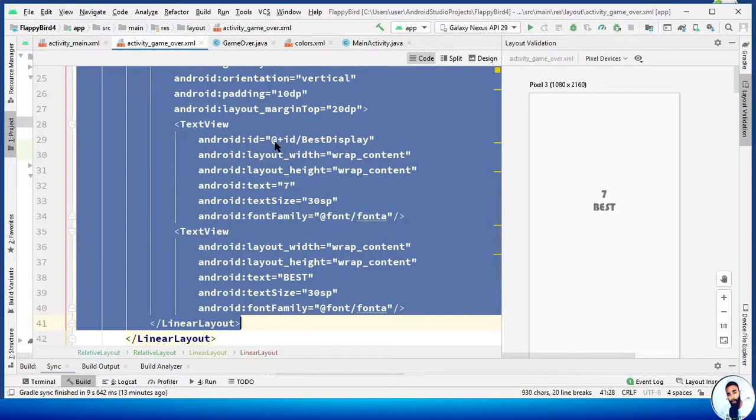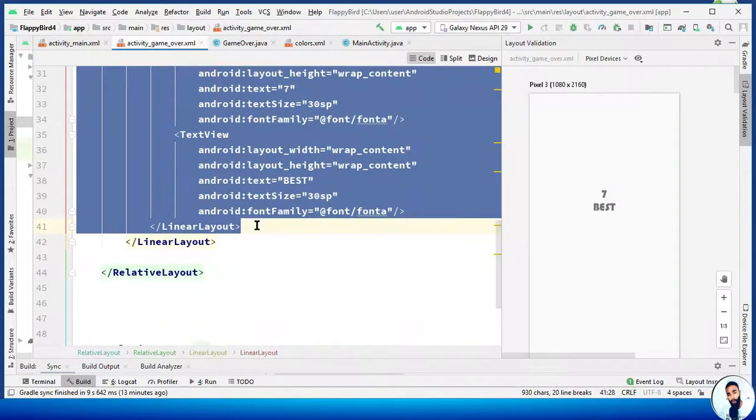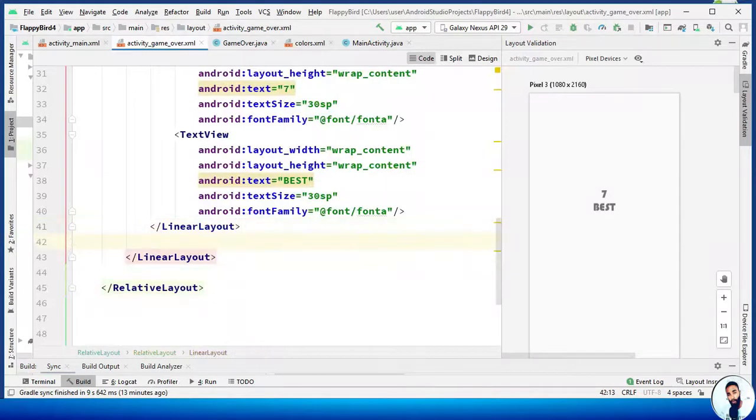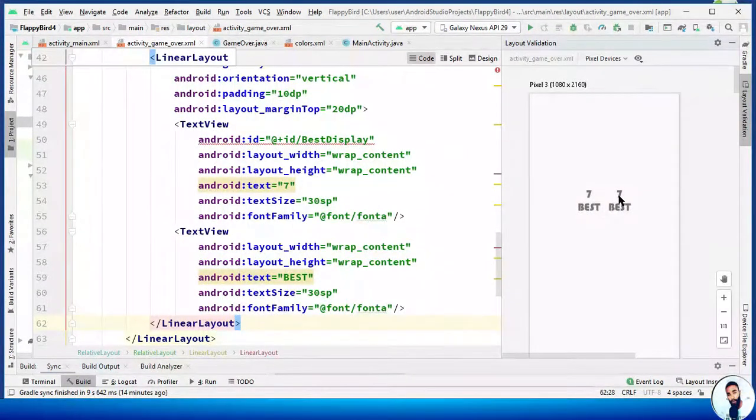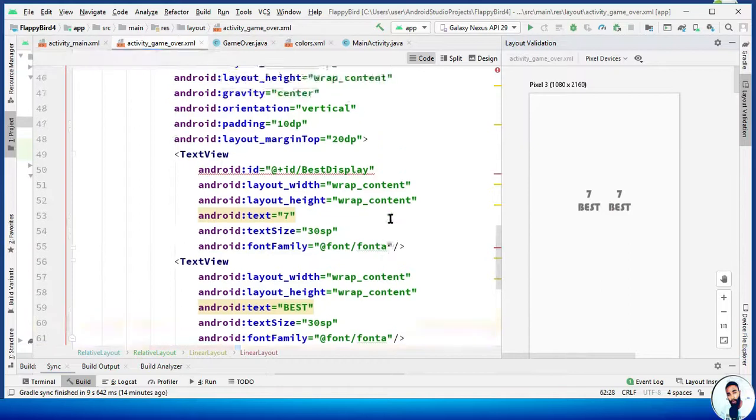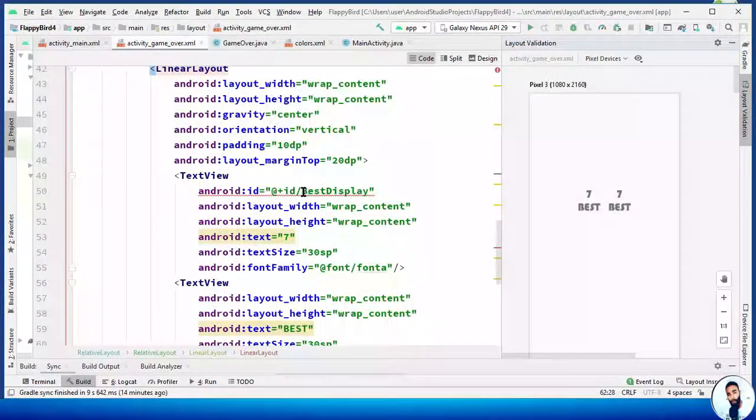Ctrl+C to copy. Right after the closing tag of the second linear layout, we are going to paste it right here. Ctrl+V to paste. Okay, so this is it right here. Now we have to change the ID. Here is going to be